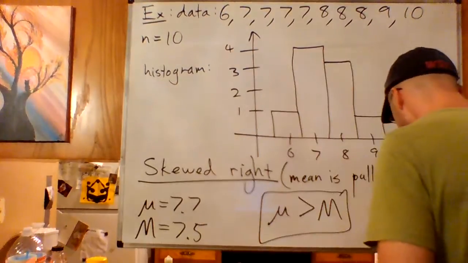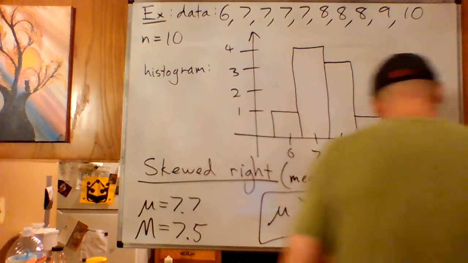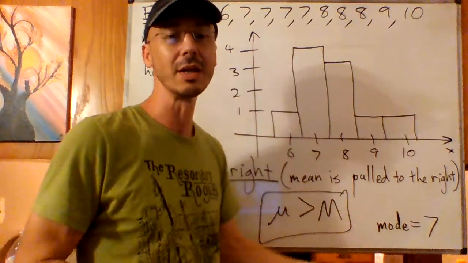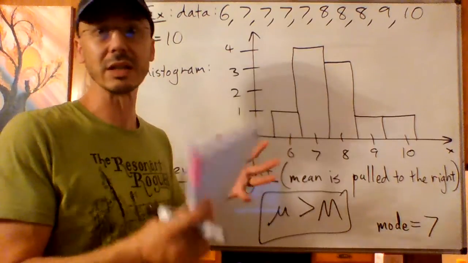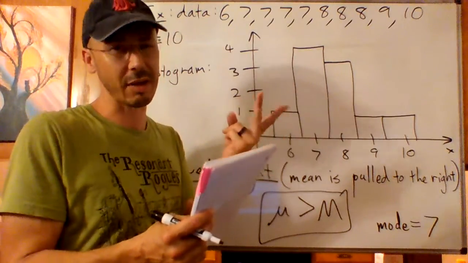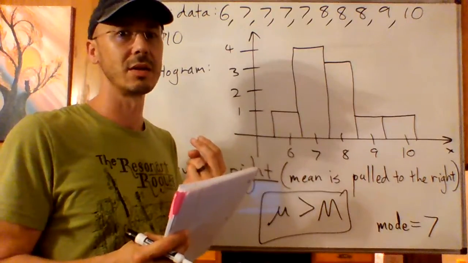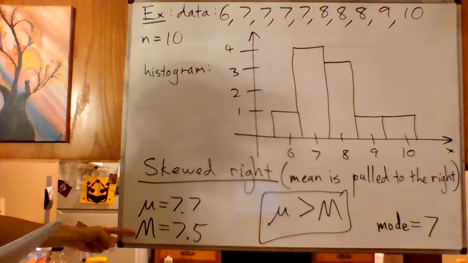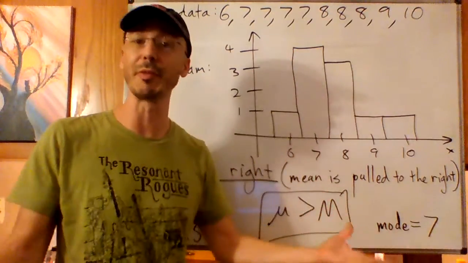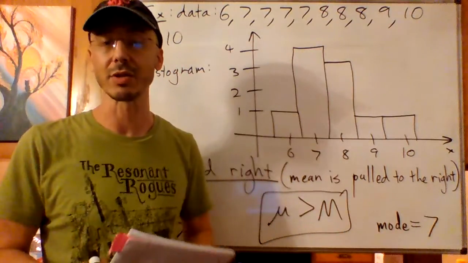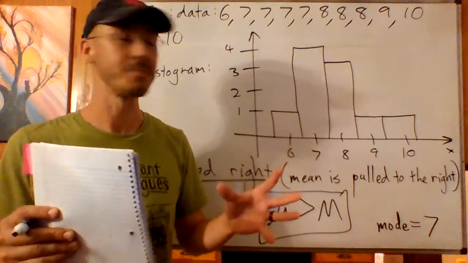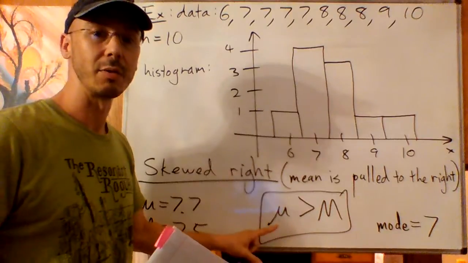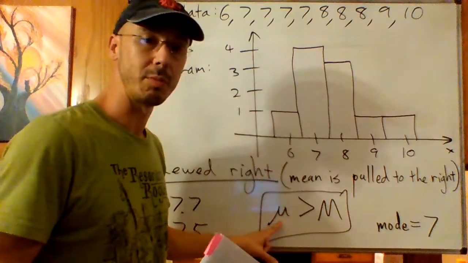By the way, the mode is again 7. There's more 7s than anything else. So the mode is a really kind of a simple thing. The median's not really difficult. I mean, it's just the one in the middle, or the average of the two in the middle if it's an even data set. Yeah, that's where that 7.5 came from for the median. The mean is probably familiar to you, just the regular average. So they're not really exotic concepts, but this relationship of looking at the relationship between the mean and the median,